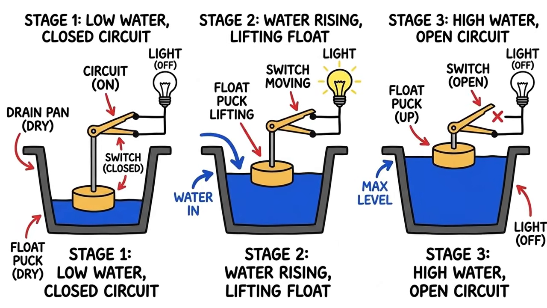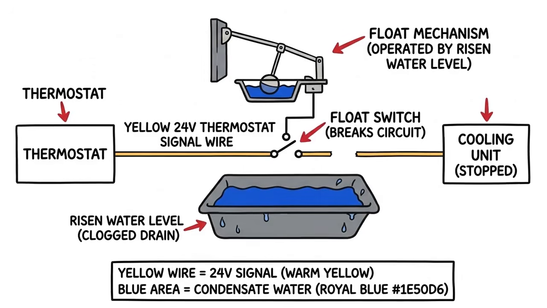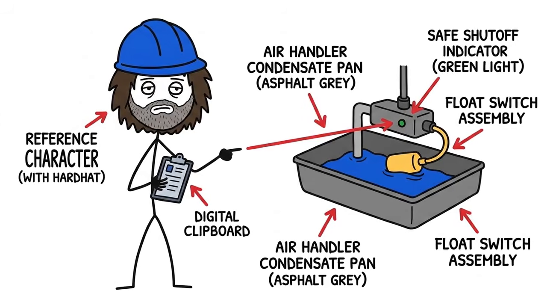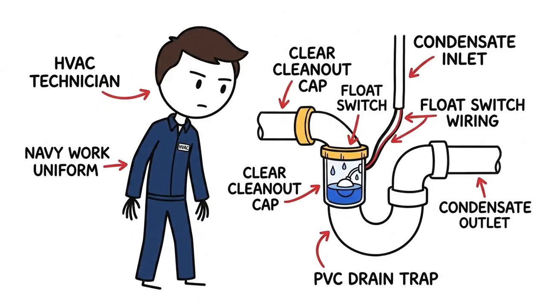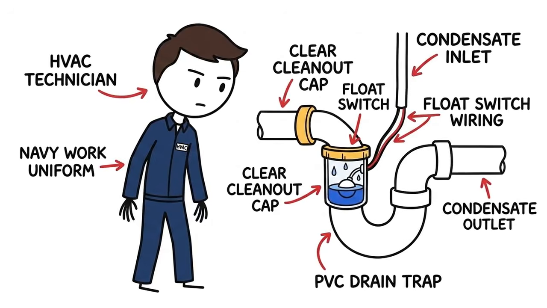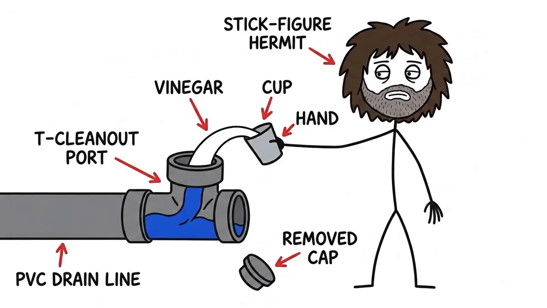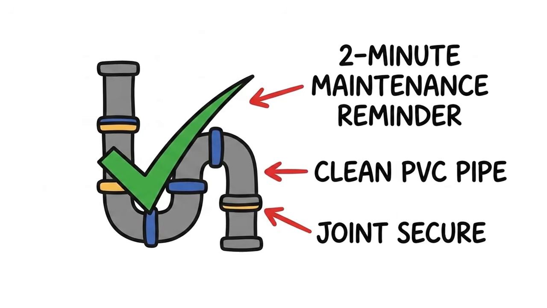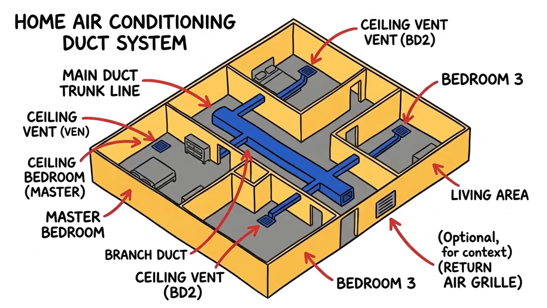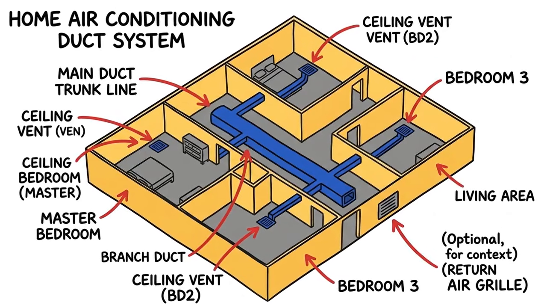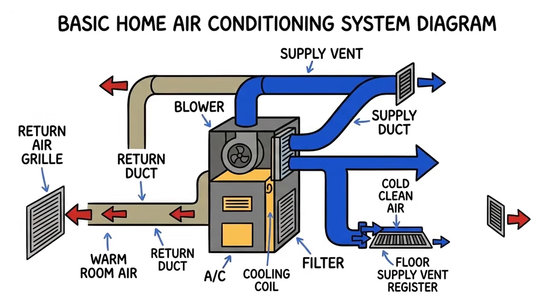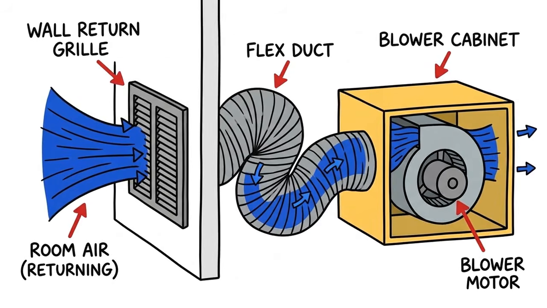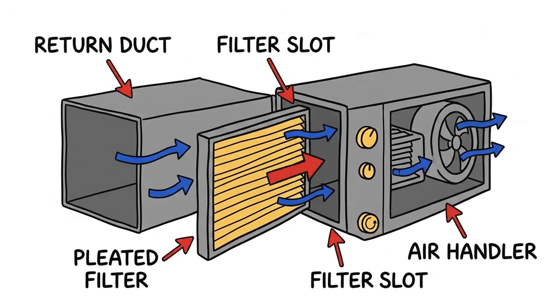Now, this super chilled refrigerant enters the indoor evaporator coil located inside your home's air handler unit. The evaporator coil is typically shaped like the letter A or N, made of copper tubes surrounded by hundreds of delicate aluminum fins. While this ice-cold refrigerant circulates through the evaporator coil tubes, your indoor blower fan kicks into high gear. The blower fan pulls warm, humid air out of your living rooms through return air grills and pushes it across the cold evaporator coil. As the warm room air passes over the 35-degree copper tubes, thermal transfer occurs instantaneously. The heat energy inside the house air rushes into the cold refrigerant, causing the refrigerant inside the tubes to boil